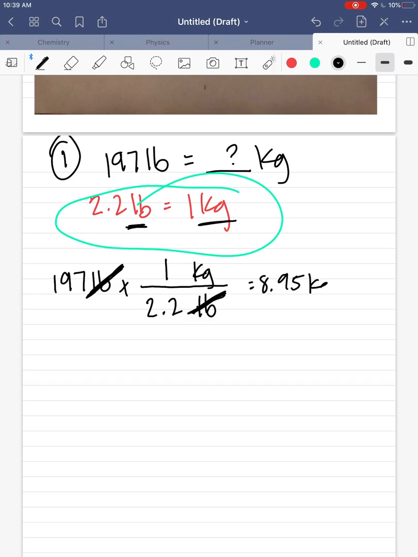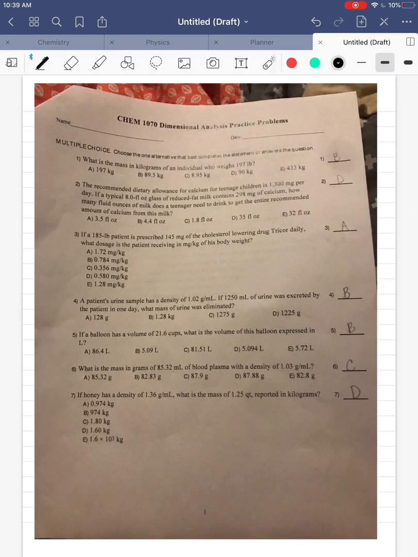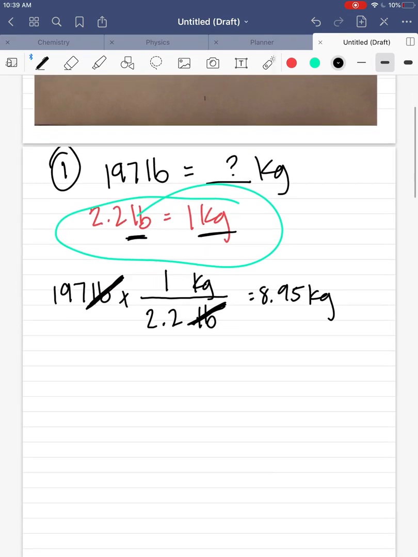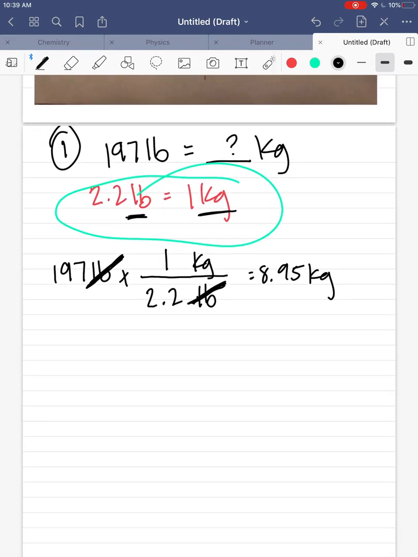Okay, and that's going to be in kilograms because we canceled the other units. So let's see if that's one of the answers. 8.95 kilograms, so that was C. And something that you'll notice is that about 2 pounds is worth a kilogram. So if the guy was around 200 pounds, remember the 2 pounds is essentially 1 kilogram, then